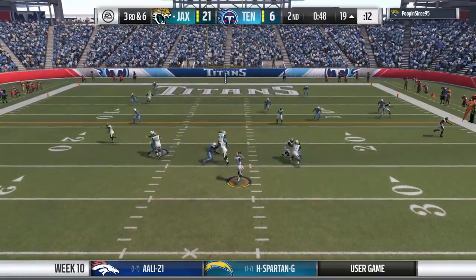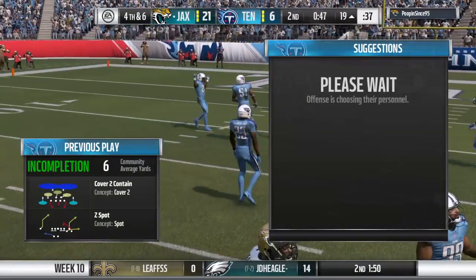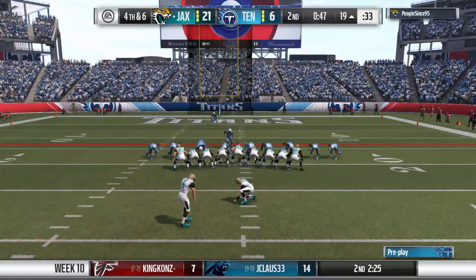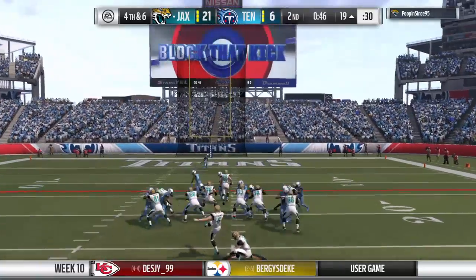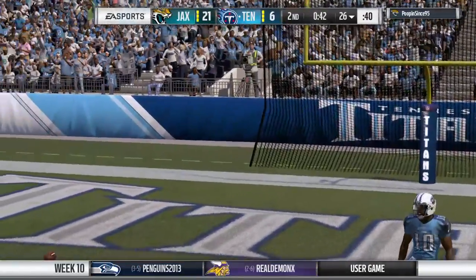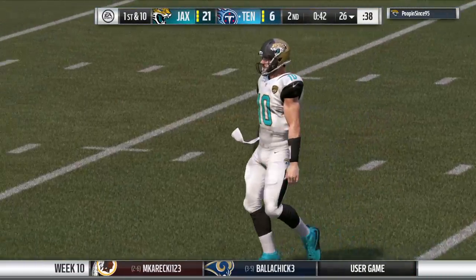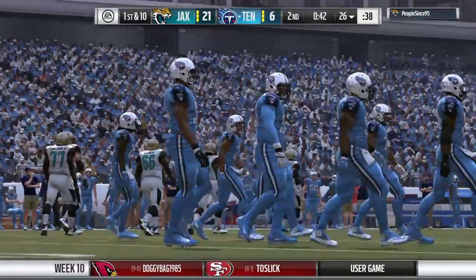Again, it's Stafford. And he dropped it. Now it was tipped. Altered the ball a little bit, but he dropped it. And now fourth down. So out comes a field goal team now for the second time here today. It'll be from the right hash, and it'll be a 36-yarder. And that is no good. And this score will stay right where it is. And no mistaking that sound. It reverberated through the whole stadium. And it's the sound no kicker wants to hear. It looked like he had it on target the whole way, but the upright said,